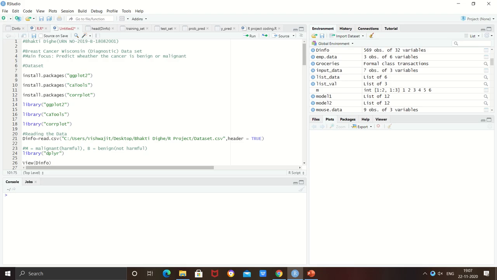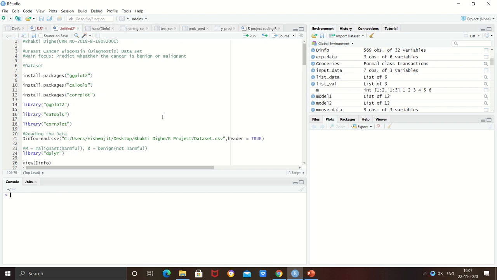Today I am here to perform analysis on the breast cancer Wisconsin dataset. Our aim is to diagnose patients with breast cancer by analyzing the data of patients and classifying them into two categories, having diagnosis result as benign and malignant, which is denoted as B and M respectively. So let's get started with the coding part.